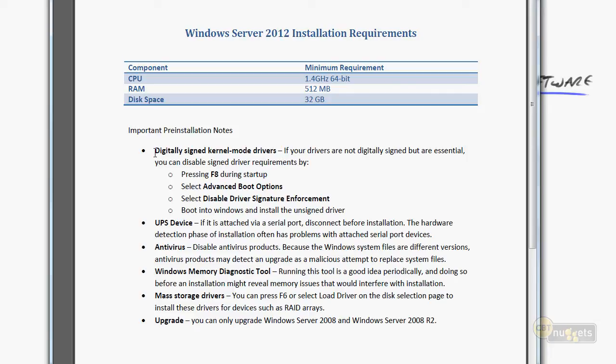One thing that I do want to point out, though, is the kernel, digitally signed kernel mode drivers. This has been a big push for years now for Microsoft. What happens is if a driver has been tested and confirmed to be stable, Microsoft will allow a digital signature on it, and that kind of is its seal of approval or stamp of approval for that driver. If you don't have signed drivers, you might still have to have them. Maybe it's a mass storage device that you have to have and there's no way around it. Here's some instructions on how to install it, even though it's not a signed driver, but out of the box, you cannot install an unsigned driver unless you kind of trick it into doing this, as you see here.